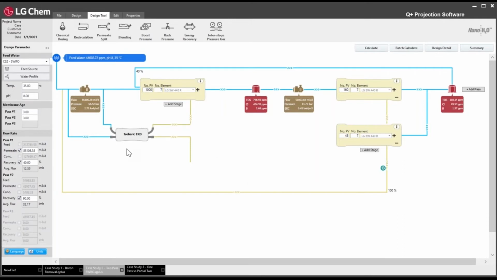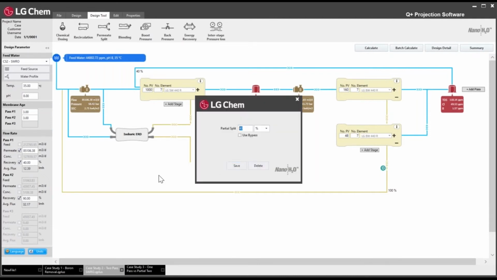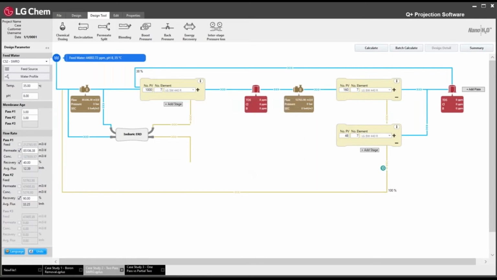Okay, so we changed the production, and now we see the permeate TDS is a little bit above 115 ppm now. It's at 118. So let's adjust the split down a little bit more. So from 40%, let's move it to 38%, for example. And we need to adjust the production as well. And then once we adjust the production,